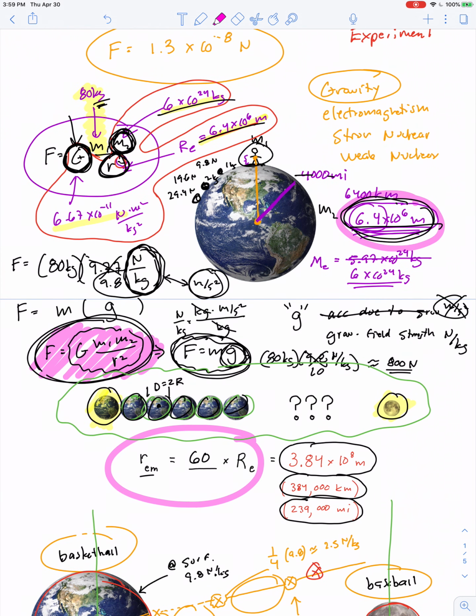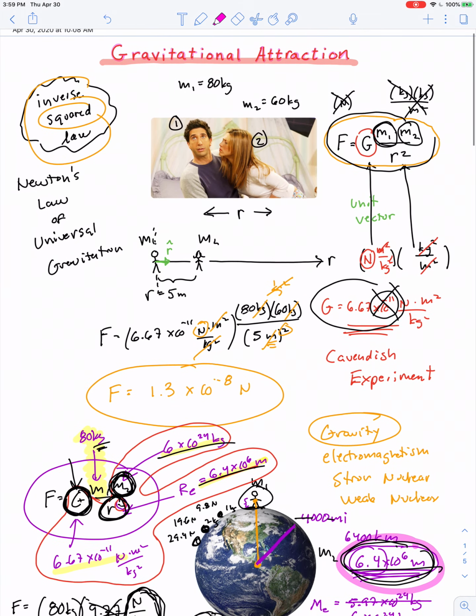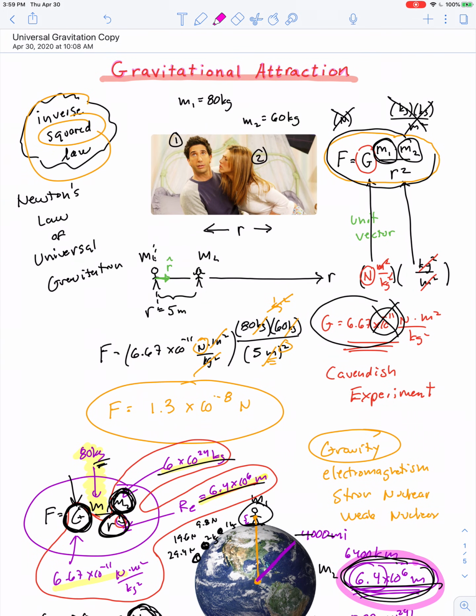We'll move on in the rest of this unit of study and investigate the motion of the planets, and we'll even get into the motion of objects that move in elliptical paths, not just circular paths, due to a force of gravity. So thanks for watching, and stay